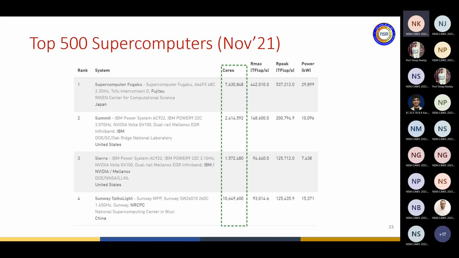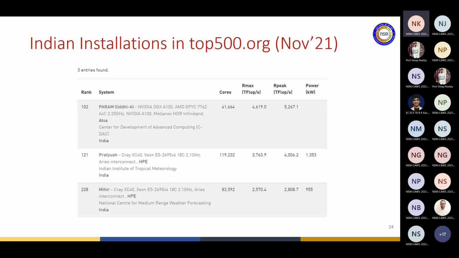Interestingly, it doesn't mean that if you just pack a lot of cores, it gives you the highest performance. An example you can see here, the system from China, Sunway TaihuLight, which was actually number 1 for quite a long time. It has 10 million cores, but you can see all of the systems, the 1, 2, and 3, have fewer cores, and there are various reasons for that, which I cannot go into detail now. But anyway, this is a list which maintains systems from all over the world, and even we have